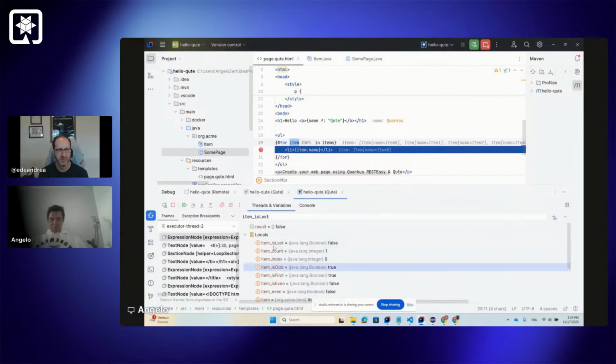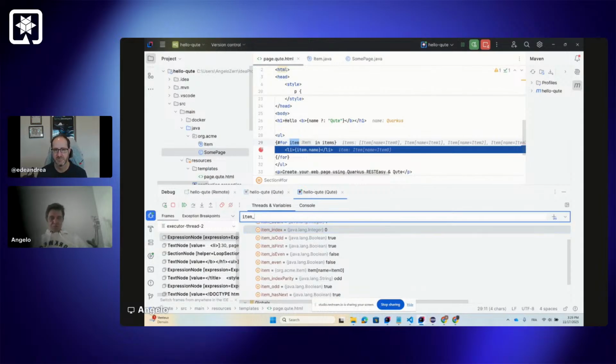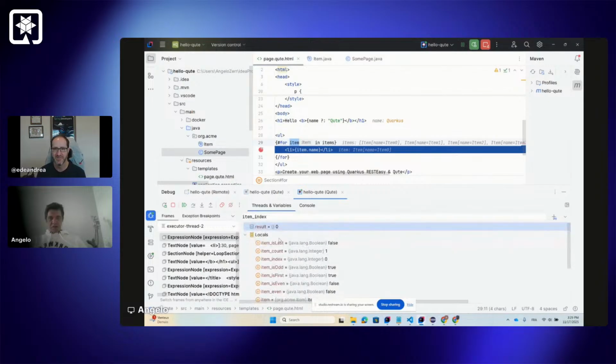And you have, for instance, index, which is very nice to use, because they are kind of like magic variables that appear during the iteration of a loop, right? Yes. For instance, yeah, you have